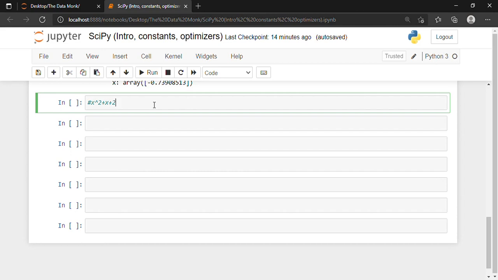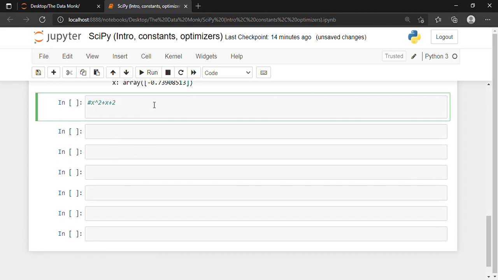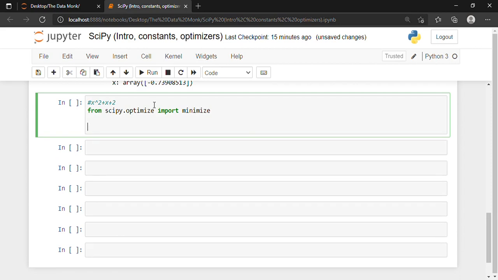So for doing it, we will have to write from scipy.optimize import minimize. Okay. And in the next line we will be writing